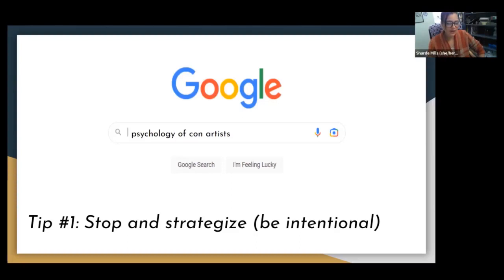So our tip number one is just to stop and strategize, to be intentional, especially when you're approaching this from the perspective of doing research for something like an assignment. And that's pretty much a lot of what the tips after this are going to be encouraging you to do. It's strategies for taking a moment and really engaging with the resources and being strategic. Now, some of this we do already just as people who research and use Google, but there are ways in which you can be more intentional about this. And then I'm just going to keep checking in with you, Heather, to make sure, if I forgot something or if there's something you want to add.